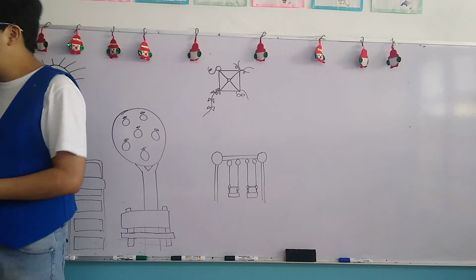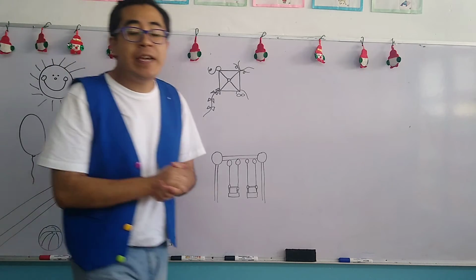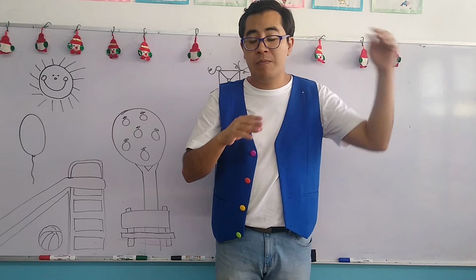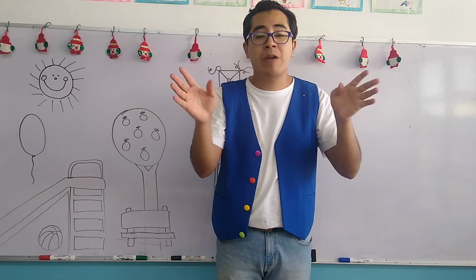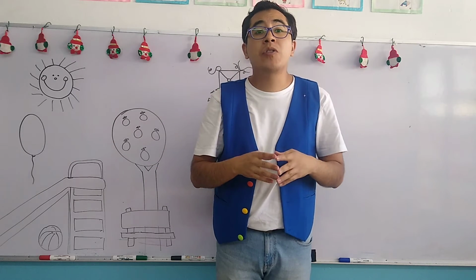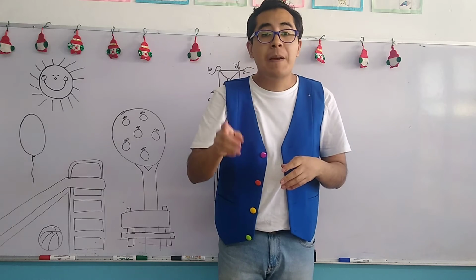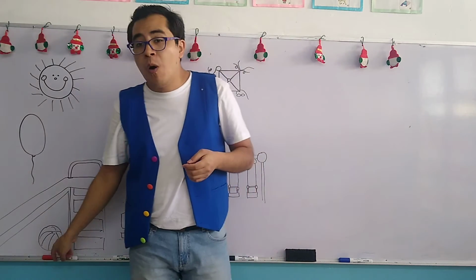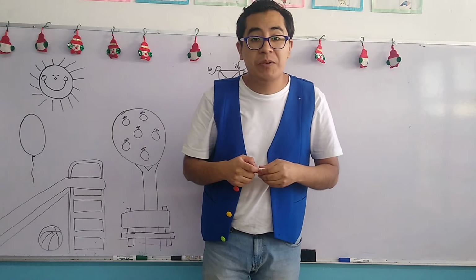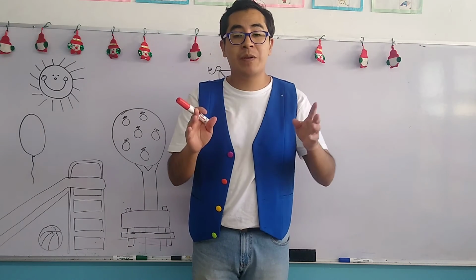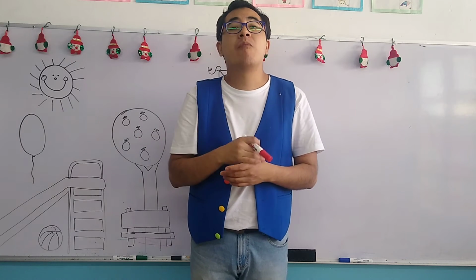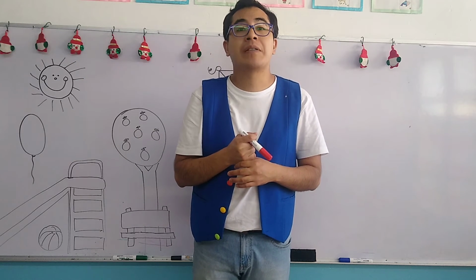So, what we have to do, my children, is, with any color that you want, that means color blue, color red, any color that you want, you are going to put an X, vamos a tachar, vamos a poner una X, on all geometric shapes that we find. En todas las figuras geométricas que encontremos, we are going to mark them with an X, las vamos a tachar,